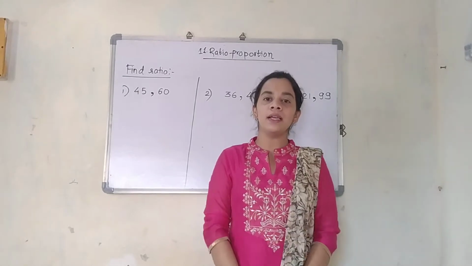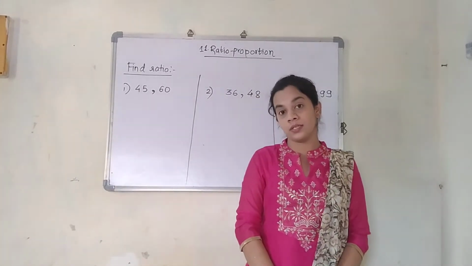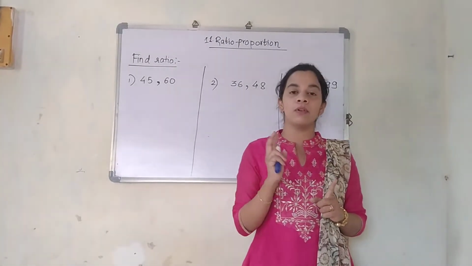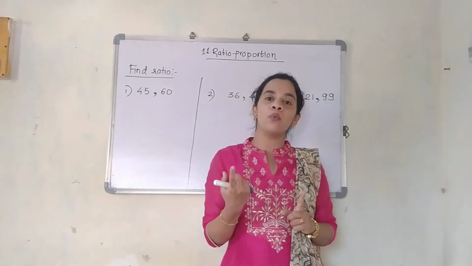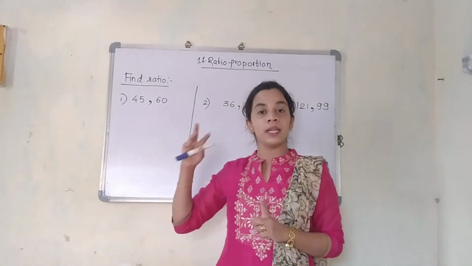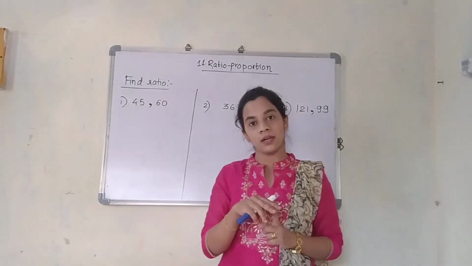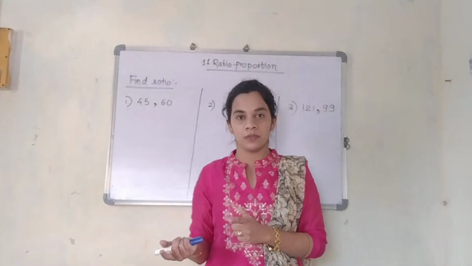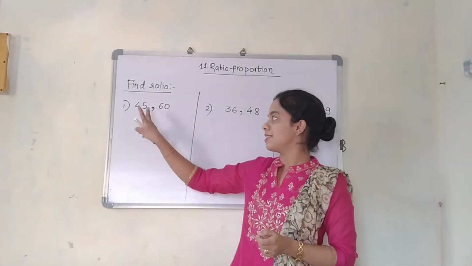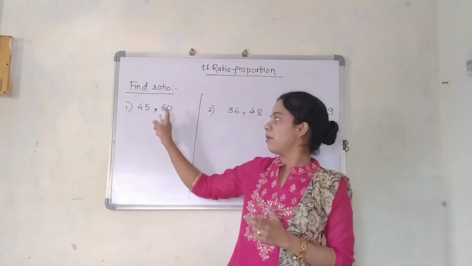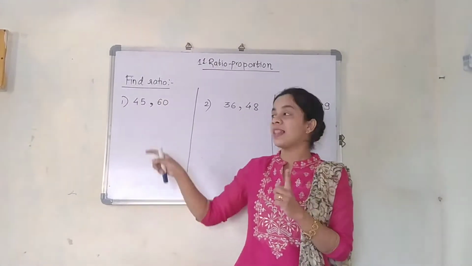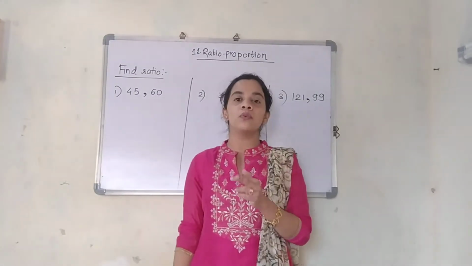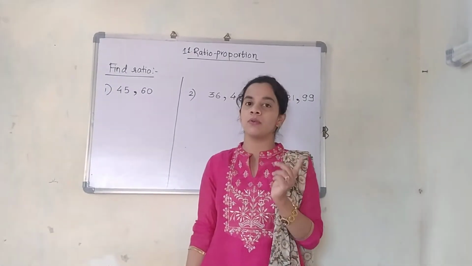While finding out the ratio, the first thing you are supposed to do is that the first number which is given will always be first, and the second number which is given will always be second. Sometimes they use words to tell you, for example, they ask for the next number first and the first number next. That time you are going to convert as per the requirement of the question. But when the questions are placed as they are, always remember the first number will always be first and the second number will always be second. Don't mismatch or convert them.